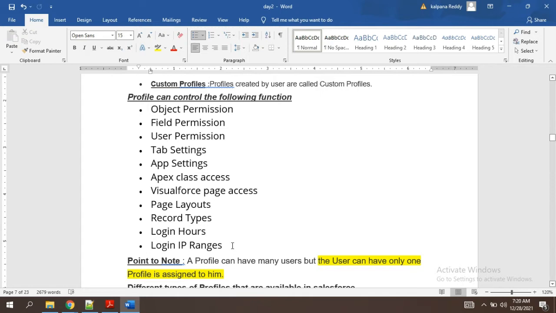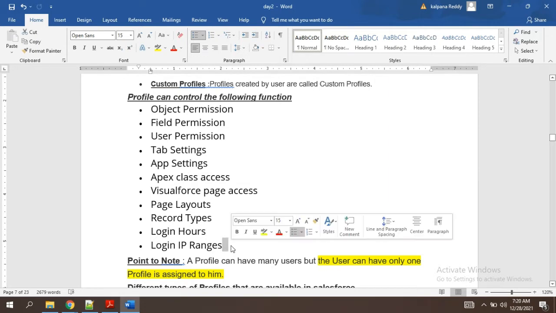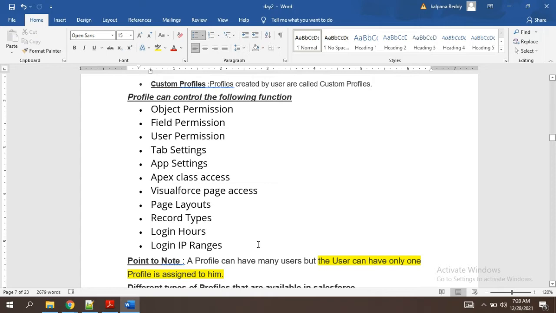That was for the entire organization, where we went to network access and manually added a few login ranges. But here, for a profile, that means a group of people will be able to log in only from these IP ranges. Apart from that, they should not be able to. That also we can define. These all things are based on the requirements. Okay.